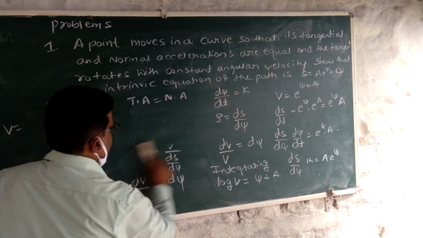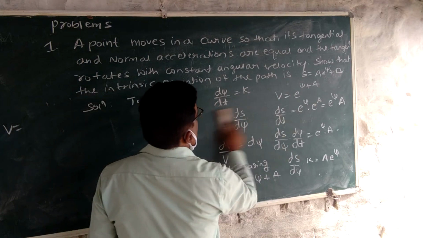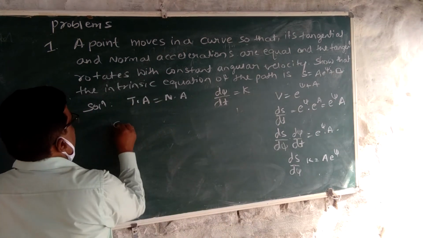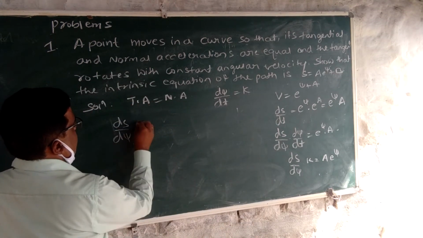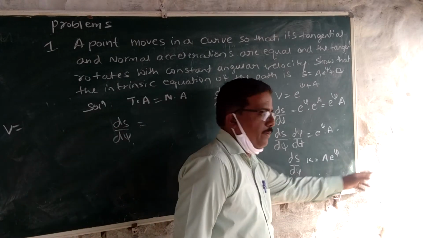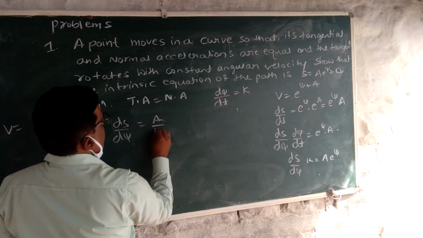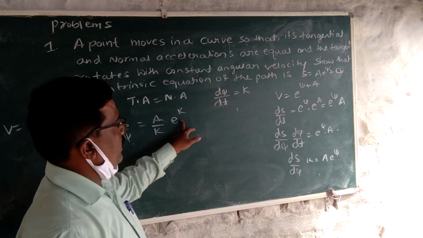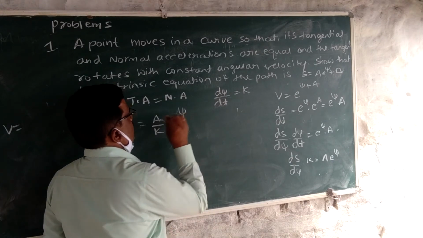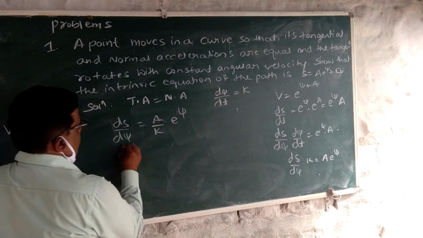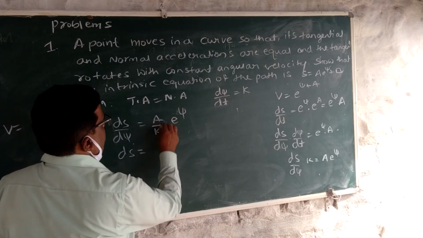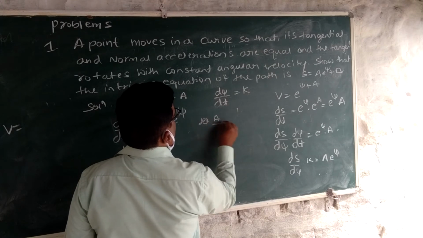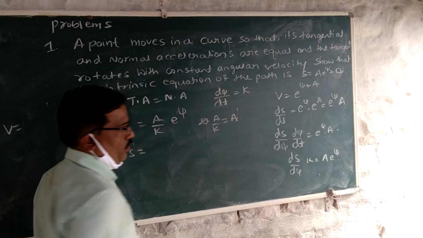Dividing throughout by k gives ds by d psi equal to a by k into e raised to psi. Taking a by k again as capital A,